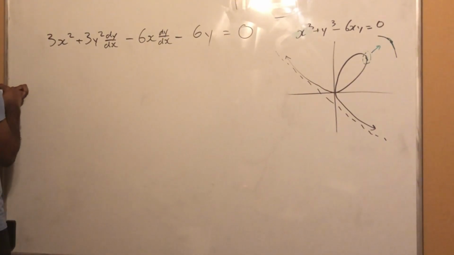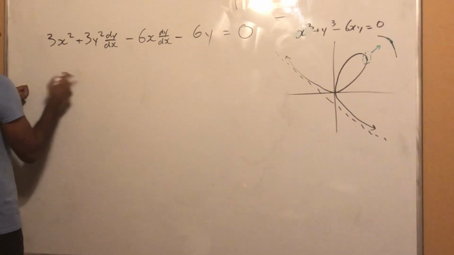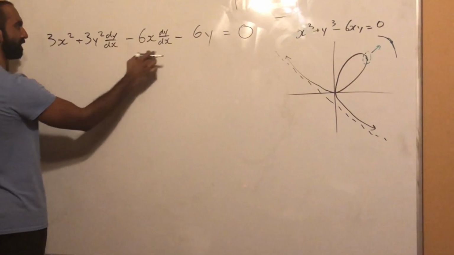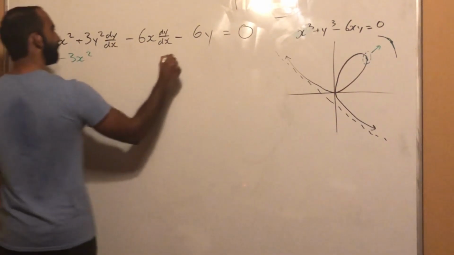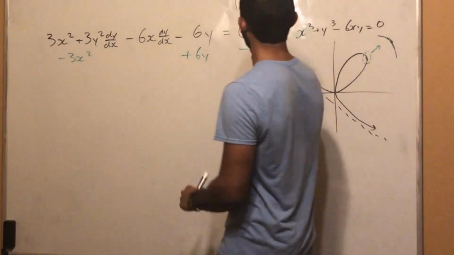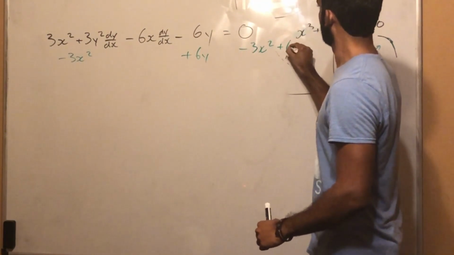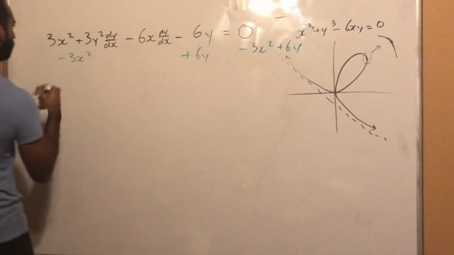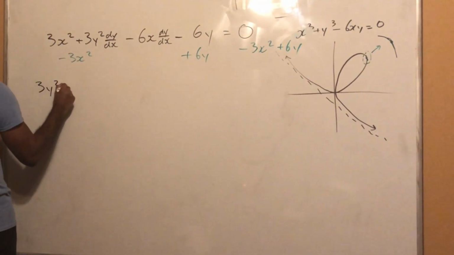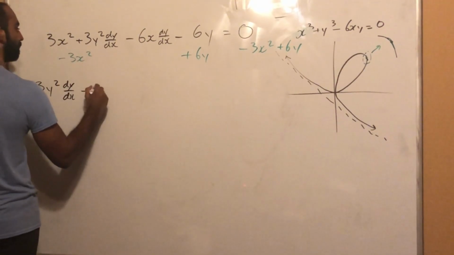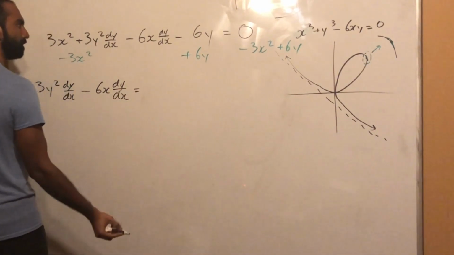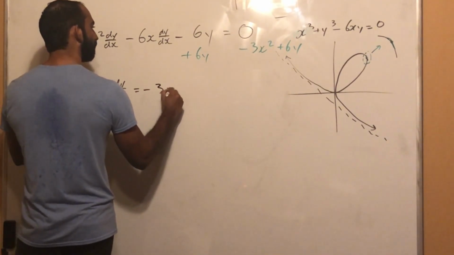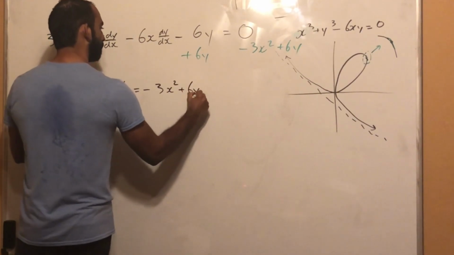You can add 6x to both sides and subtract 3y from both sides. I could, but in that case I'd have to write dy over dx in this. Okay, so you can subtract 3x squared from both sides and add 6y to both sides. Yes. So, I get 3y squared dy over dx minus 6x dy over dx equals negative 3x squared plus 6y,